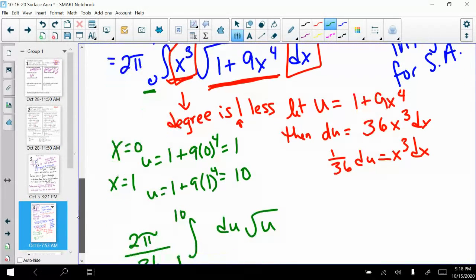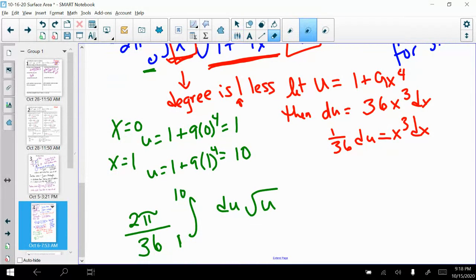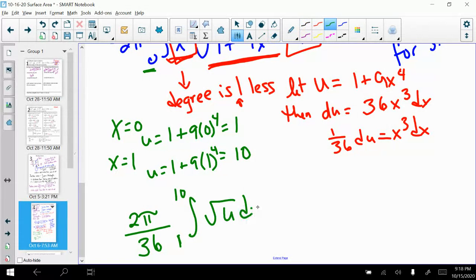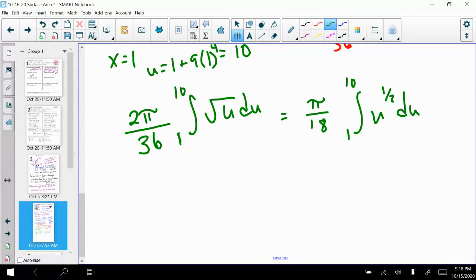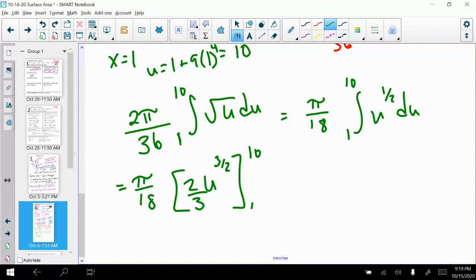That was a really terribly gross order that I wrote them in. So let me change that to the square root of u du. And then we realize this is actually something that we can definitely integrate. I'm going to reduce that to pi over 18 from 1 to 10 of u to the 1/2 du. Remember, if we write our roots as exponents, it makes our life much easier. So pi over 18, integral of that is u to the 3/2, 2/3 of that, from 1 to 10,